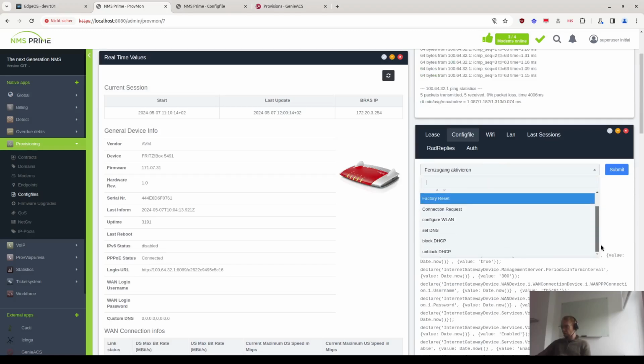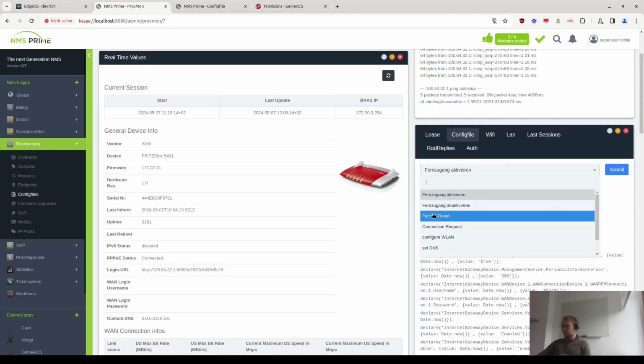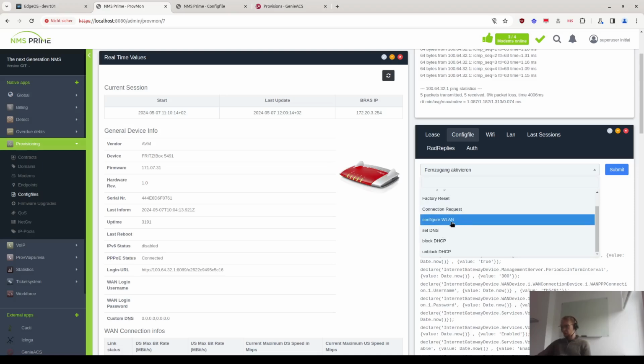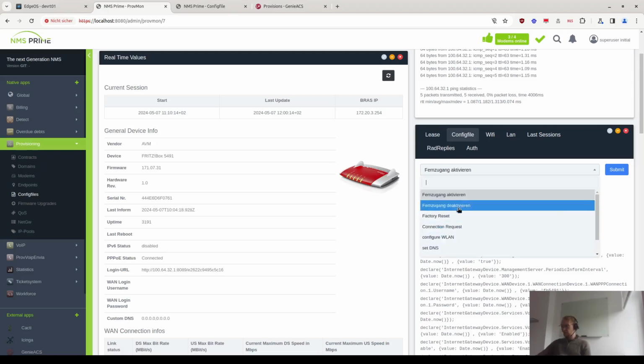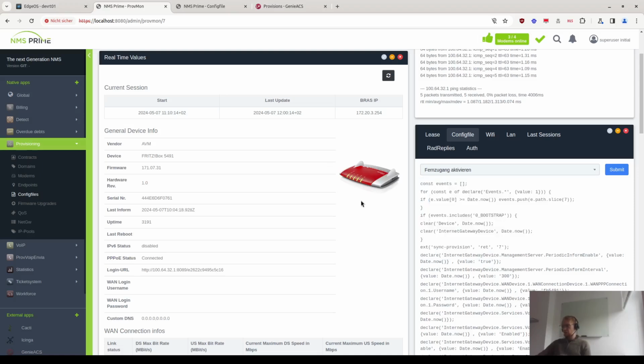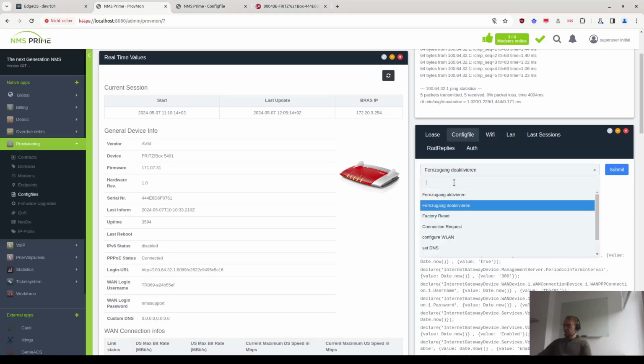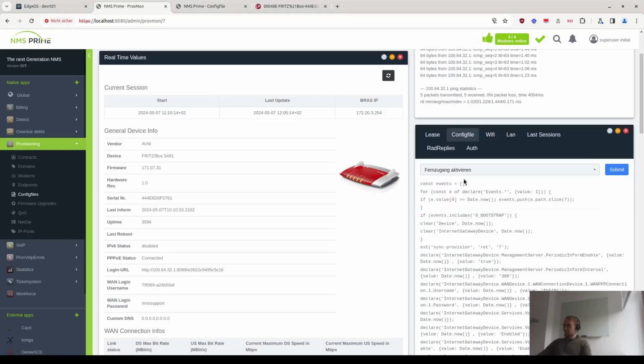We also have more commands, as you can see here. For example, you can do a factory reset from here directly. You can also poke the device to communicate with you. You can also do some Wi-Fi and DNS settings, but maybe we'll first try to enable the remote access. Okay, so to activate the remote access, we really just need to choose this, click on submit, and